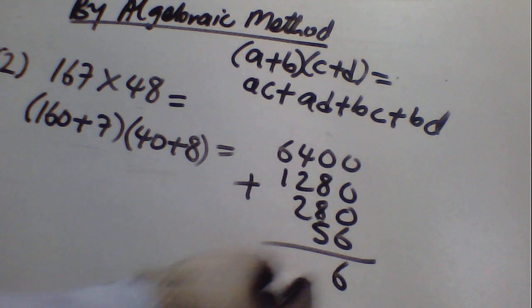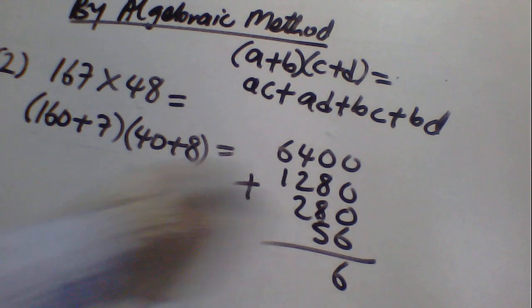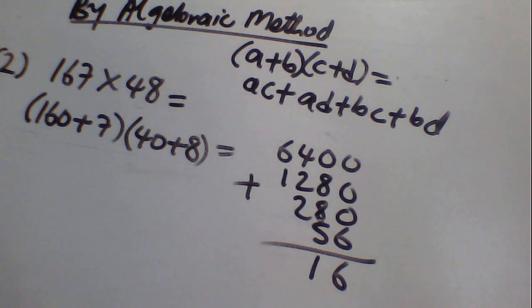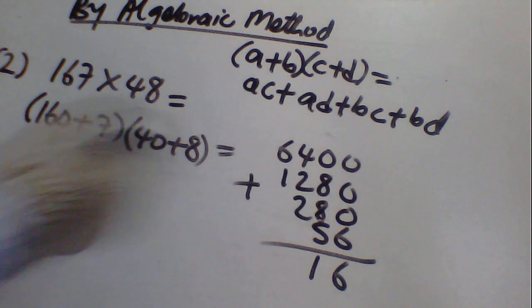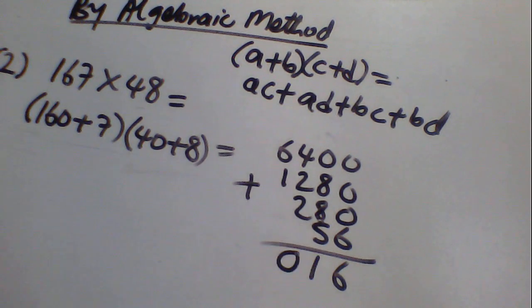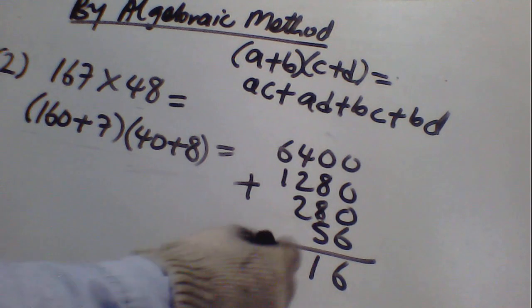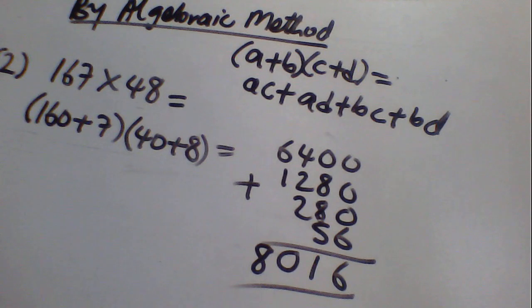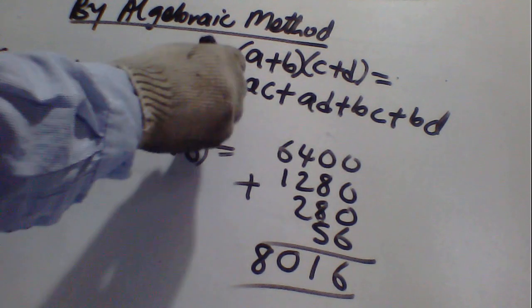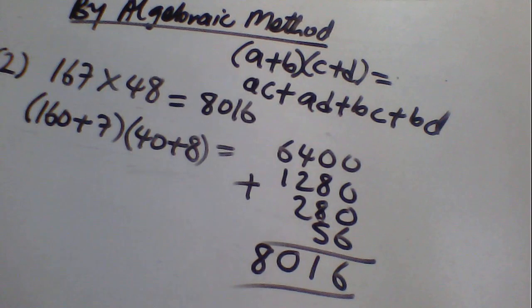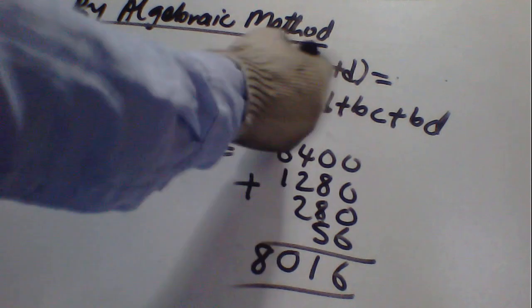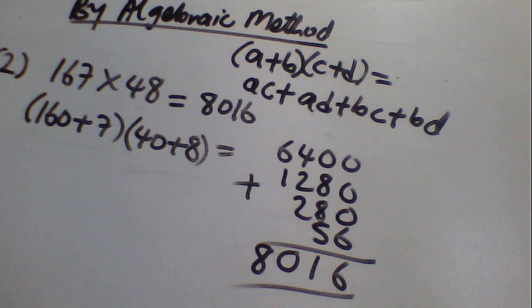This will give us 6. 8 plus 8 will give us 16, plus 5 will give us 21. Write 1, carry 2. This is 8 plus 2, 10. Write 0, carry 1. 6 plus 1 is 7, plus 1 you carry will give us 8. So the multiplication of 167 by 48 will give us 8016 using the algebraic method. This is the factor method of algebraic. So to do the multiplication,